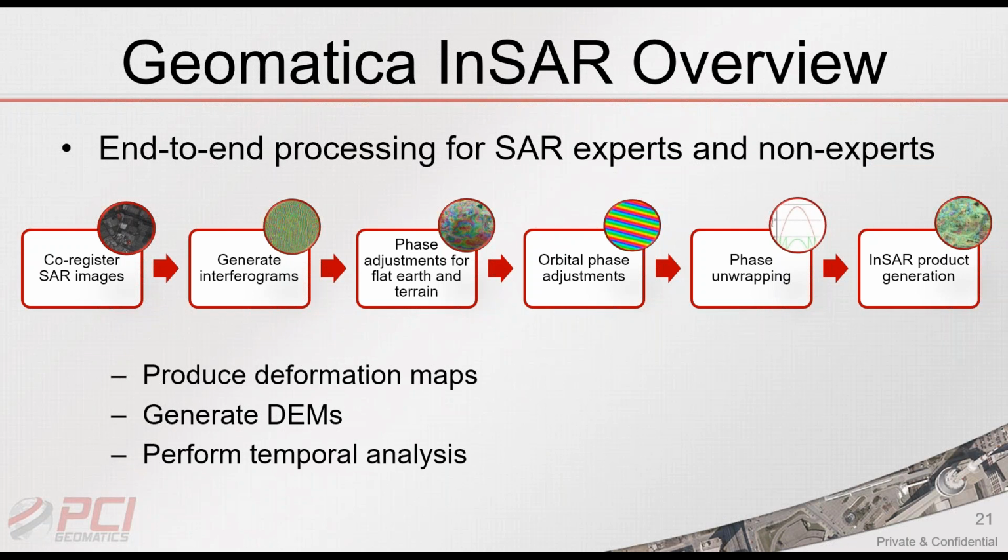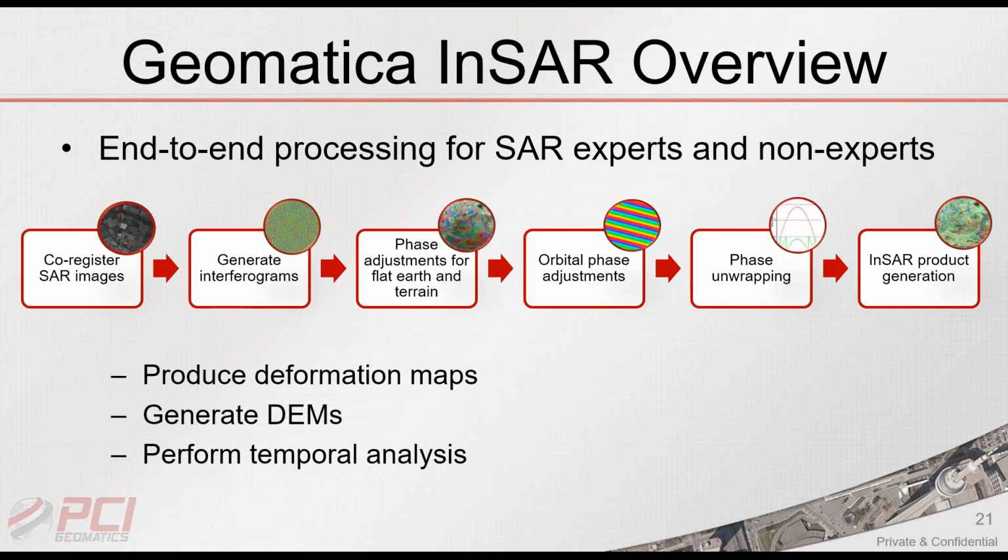The package that we've added to Geomatica 2017, again, we want to focus on making the entire rather complicated process accessible, not only for existing SAR experts, but for those who are new to the field of geospatial processing, particularly in the radar realm. So everything starts on the left with co-registration of the images. This means lining up any number of InSAR images over the same area so that we're able to compare them over time. And from here we generate the interferograms, which are going to show us the initial difference in